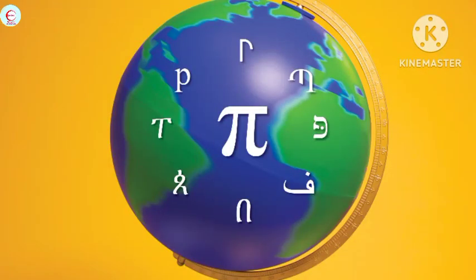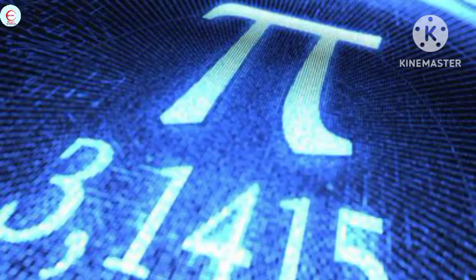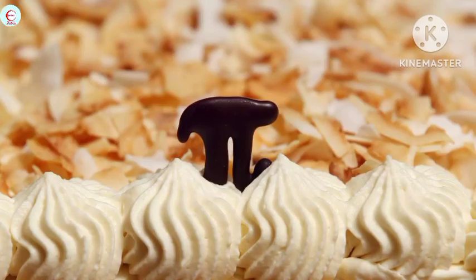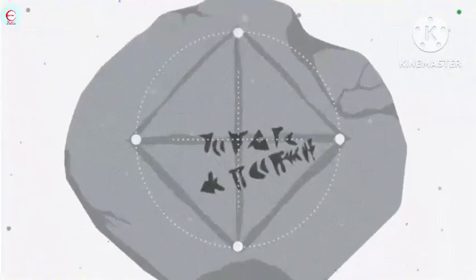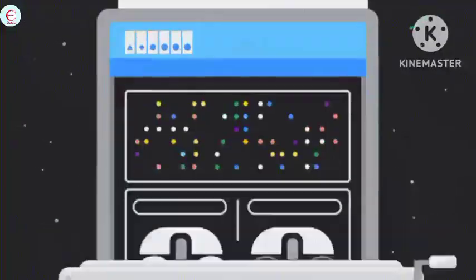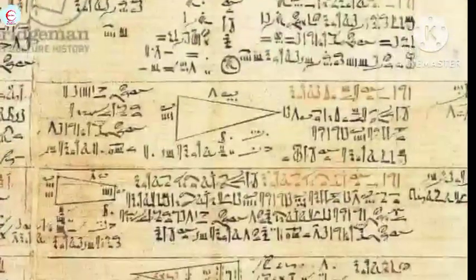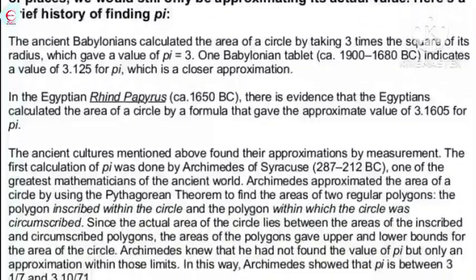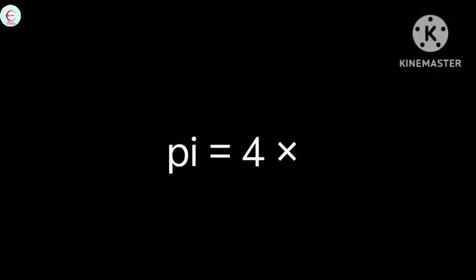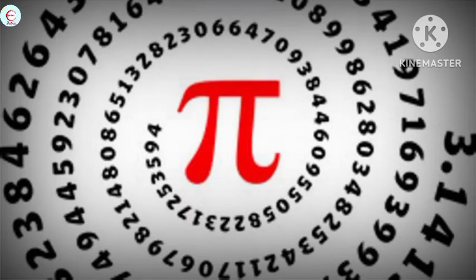The history of pi is a matter of conflict. In fact, there are many evidences and theories that prove that this powerful notation has been used since antiquity. The ancient Egyptians also knew the value of pi. Evidence shows that the value of pi was found in the Rhind Papyrus around 1650 BC. They calculated it as 4 times (8/9) squared, which is equal to 3.16, quite approximate to the